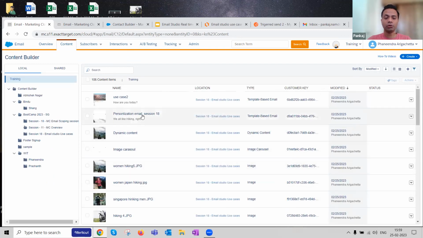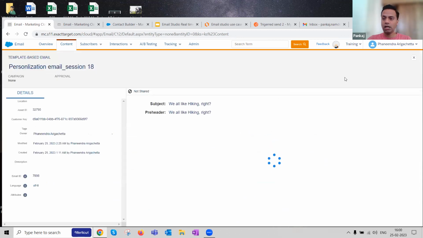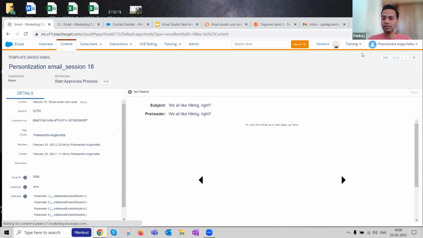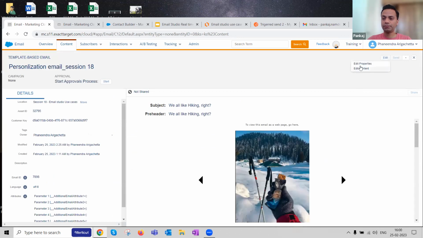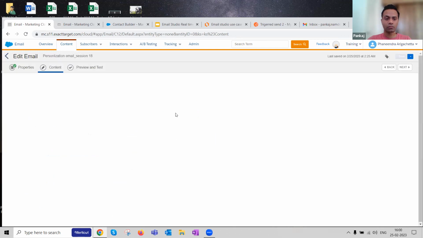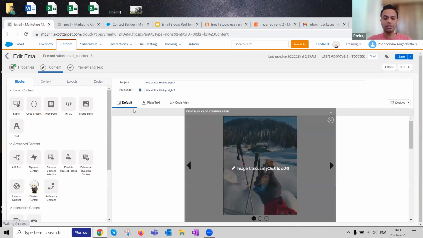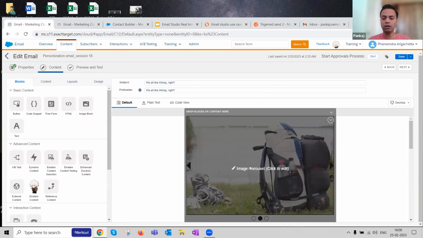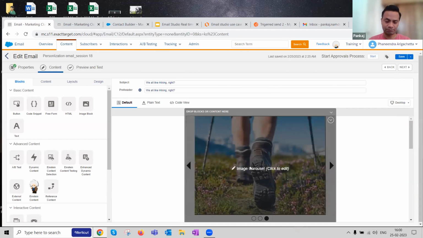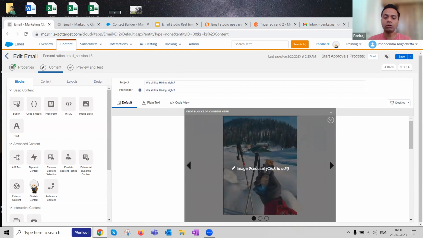So what I'm going to do is show you an email, and this email will suffice for my use case. In this particular use case, if you see, I've already created a templated email. What it does is personalization. And I'm not talking about personalization like "Hi Pankaj" or "Hi Funny" or "Hi Muru." No, I'm not talking about that. I don't consider that personalization at all. It is so basic from that angle.